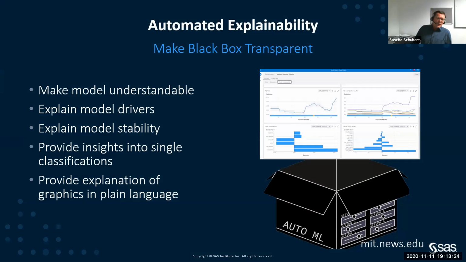And another area where you can apply automation is the explainability of a model. So make the black box transparent. That's becoming more and more important, especially with these very complex artificial intelligence modeling algorithms, the deep learning neural networks. You have to be able to open the black box that your auto machine learning algorithm provides to you, and not only at the surface to understand maybe what are the most important drivers of my model, but also going